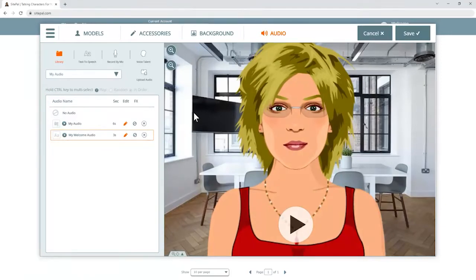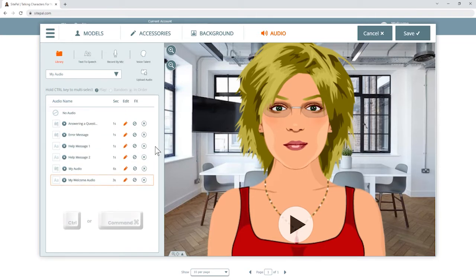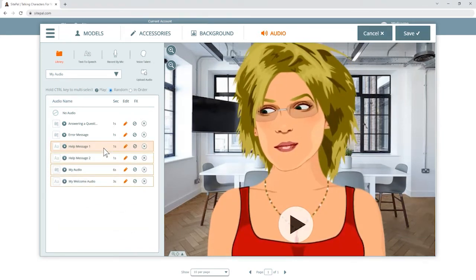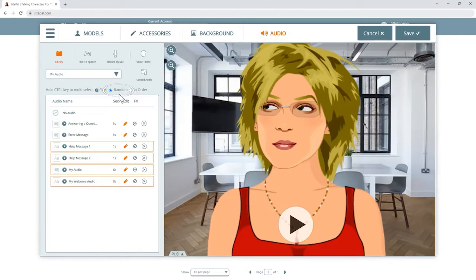Another option in the audio library is multi-selection. Let me quickly add a few more audios to the library so that I can demonstrate this feature. By holding down the Control key, I can select several audios, like this. There are two ways to use multi-selection. When you select Random, which is the default setting, here,